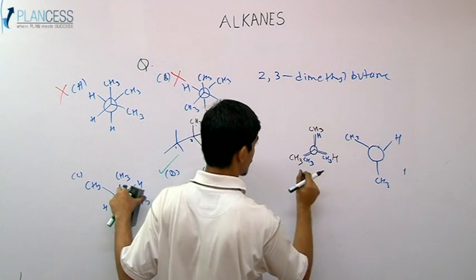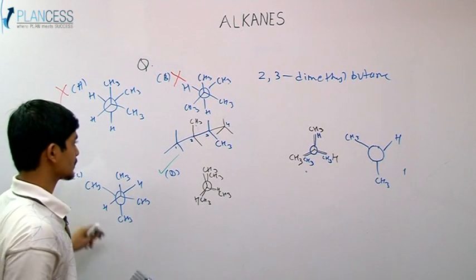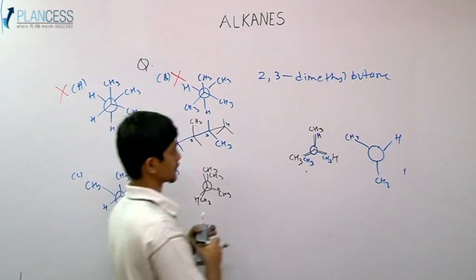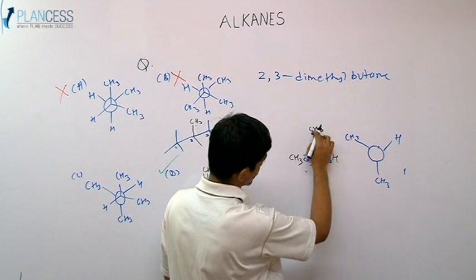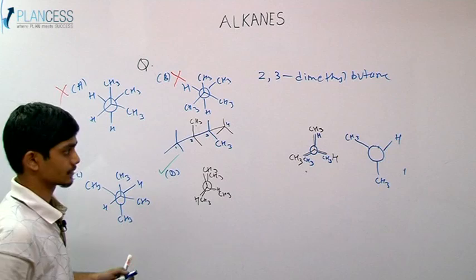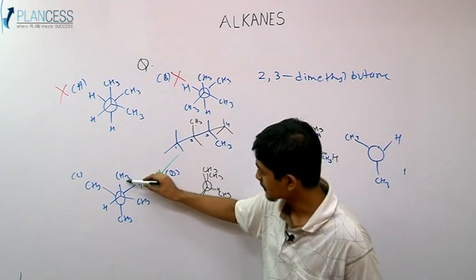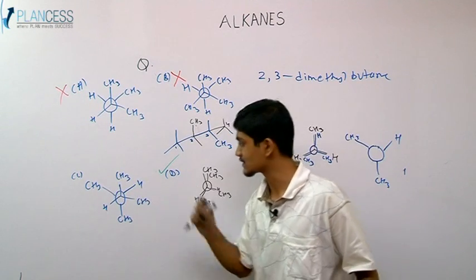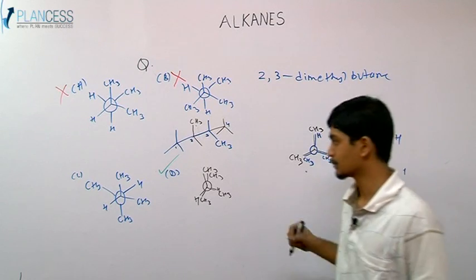So now this does not seem to be the same structure, because even if you rotate this CH3 like this and bring it over here, this CH3 goes over here and you don't get the same structure given by this. If you want to try this out, you will get that this CH3 is not matching. That is, this CH3 is not dividing the CH3-CH bond the same as given by this structure,